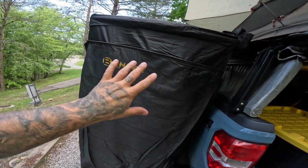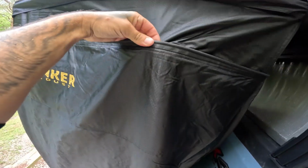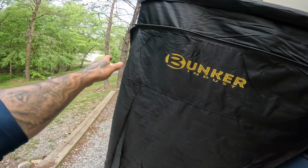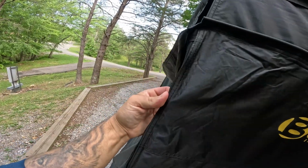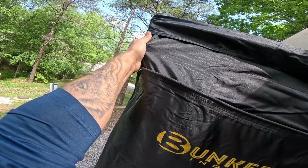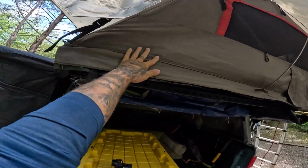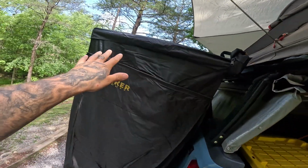But in terms of the fabric and the stitching and everything, you guys can see just the quality work here. All this stuff is all double stitched all the way around. The zipper's very strong, very durable, and again, that's all double stitched in there. And in terms of the material too, this is an extremely durable material, and it's also waterproof. So unlike the canvas that makes up my rooftop tent, this material here is going to be pretty resistant to